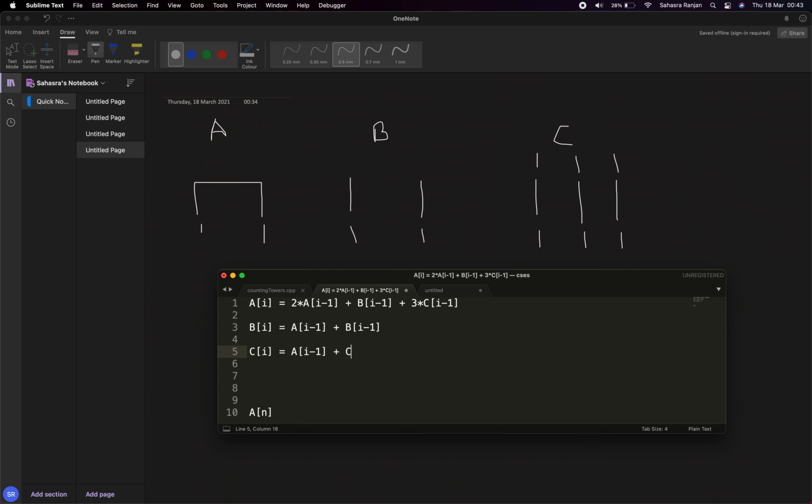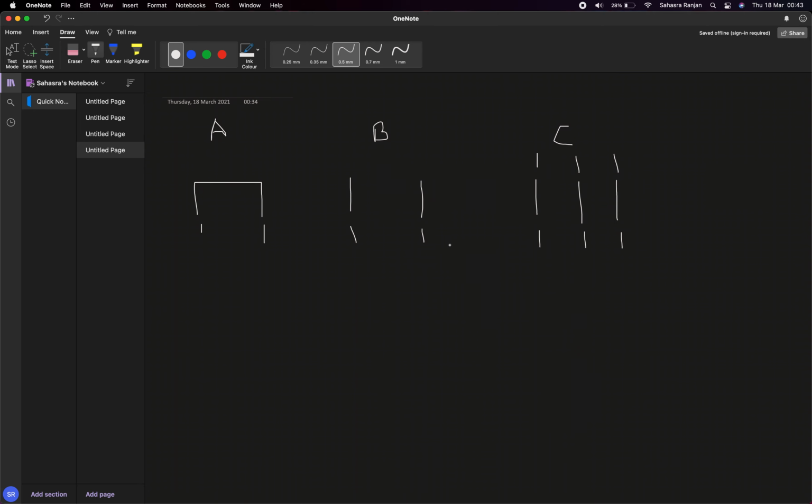So it will be C of i minus 1, and the other case can be this, and the same for the other side, this.